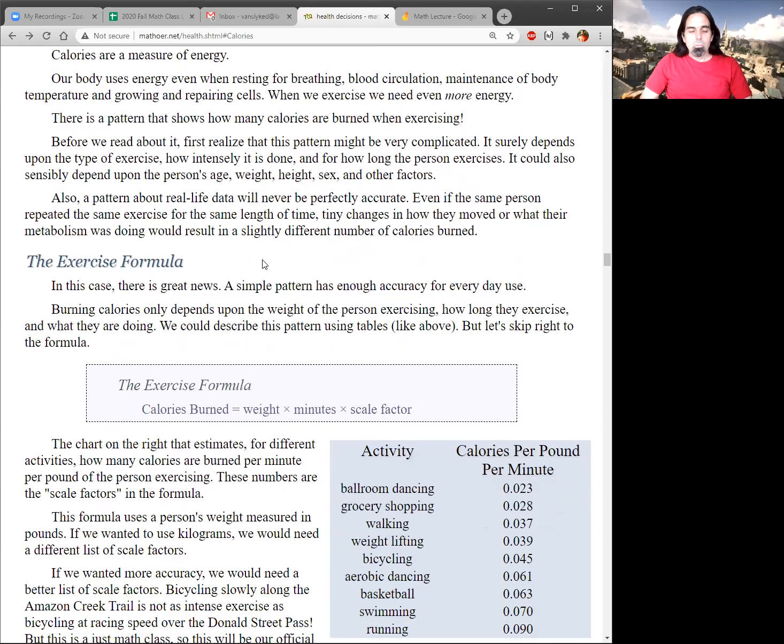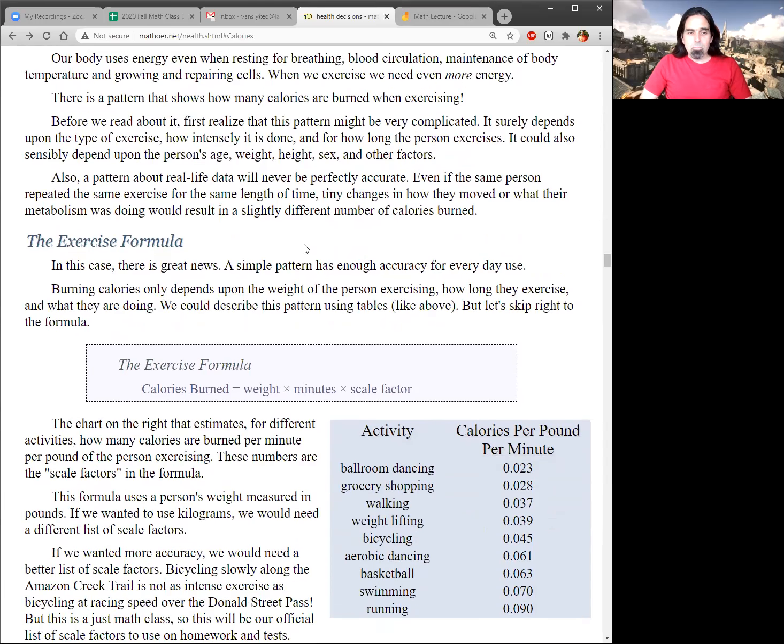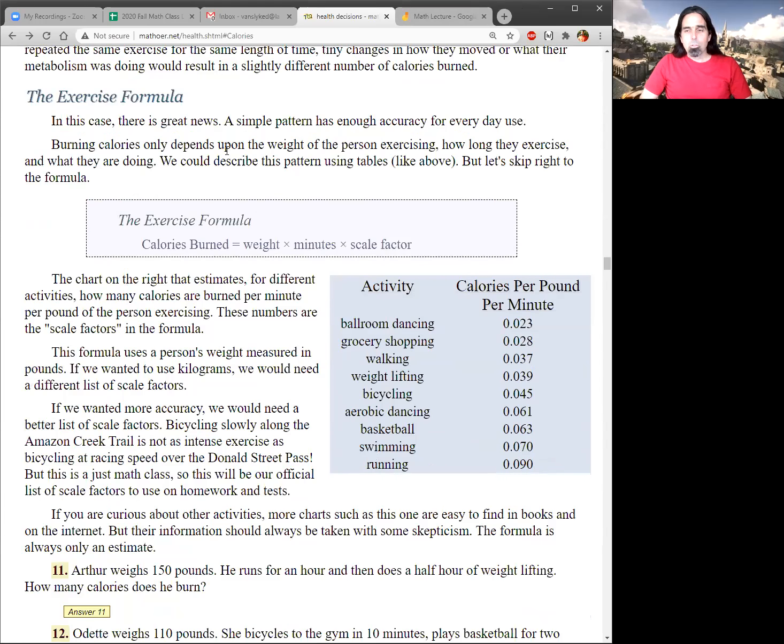And partly that's because we're not terribly accurate. If my 9-year-old and I go for a run, then that's going to be very different. His body doesn't work like mine in many ways. But if we just sort of focus on adults and don't mind a little bit of fuzziness that we're estimating, then the pattern works pretty well. So here's our first formula of Math 25. The exercise formula says how many calories we burn is the person's weight times the minutes they exercise times the